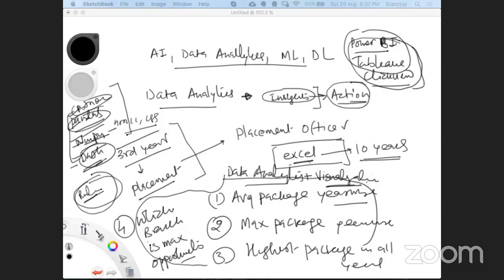So Nandini is saying that please speak in English. Okay, Nandini, I was saying that having a good project in your resume is very critical for your future, right? Because while appearing for the interview, if you have a good project in your resume, you have higher chances of clearing that interview, right?